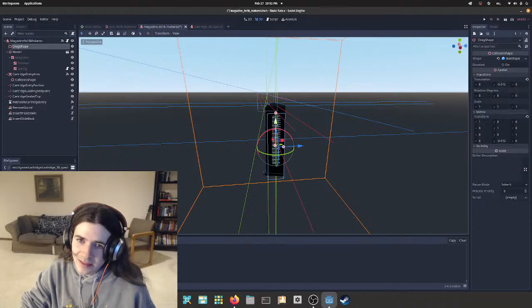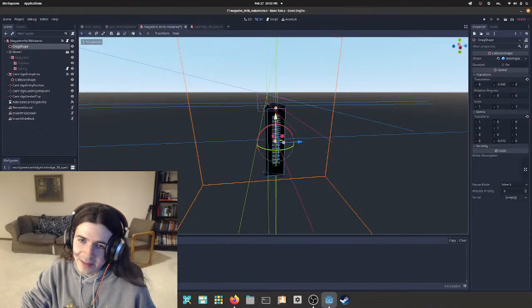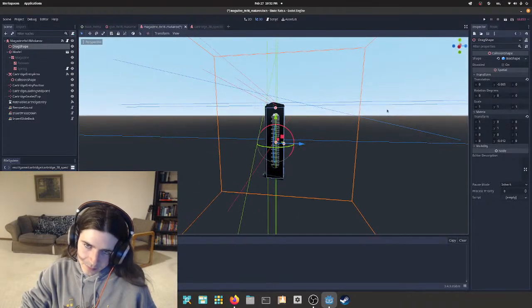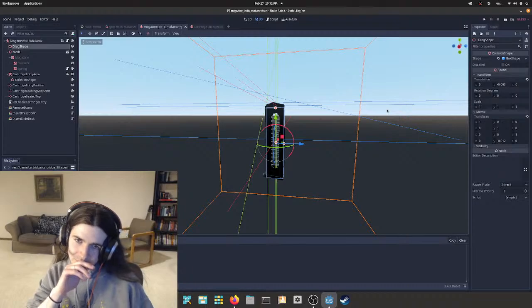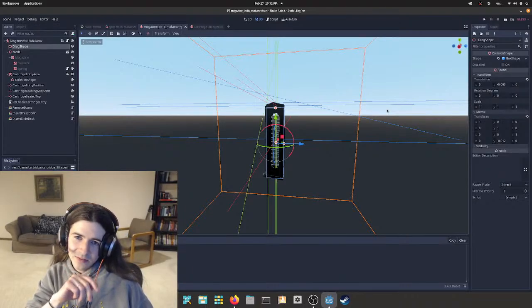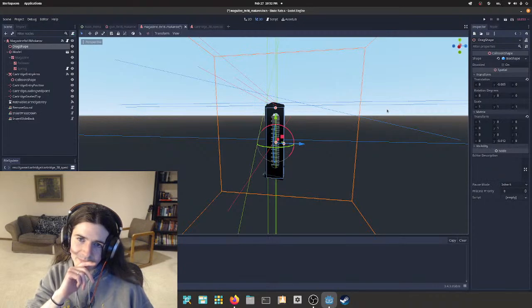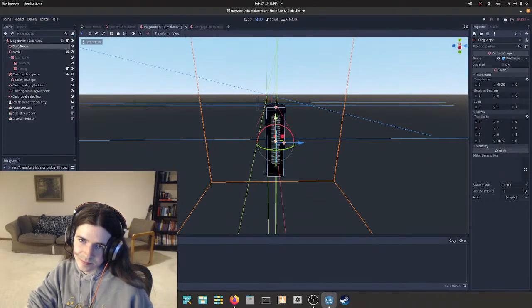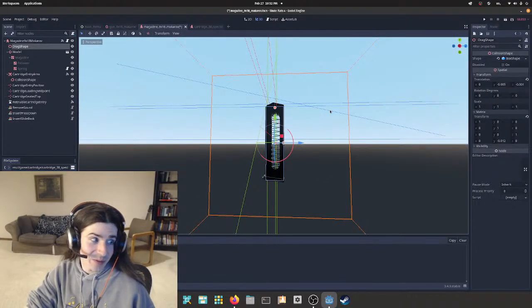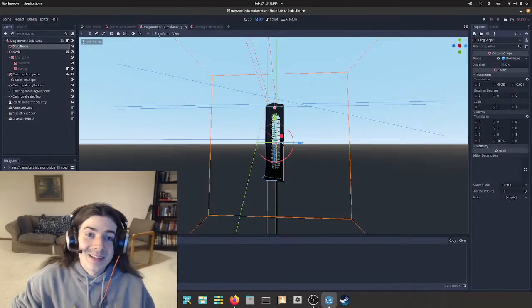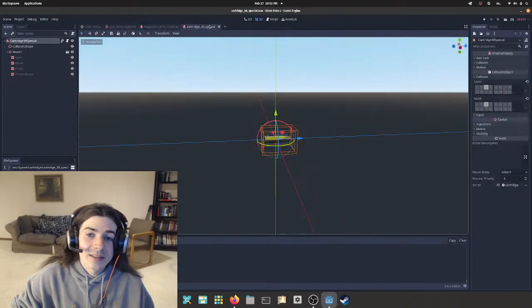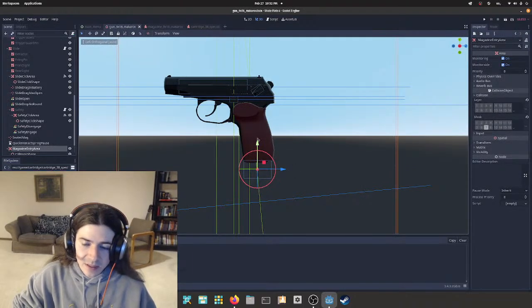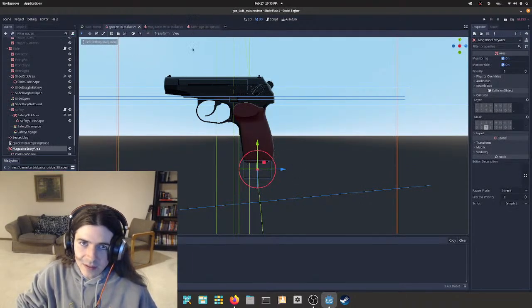See, we don't want this to conflict with the cartridge, but I think if we just do that, we should be all right. That shouldn't conflict, and that should be close enough. We will find out, I suppose. So let's save that, and then come back over here. So, yeah, that looks good. And then the layers are correct.